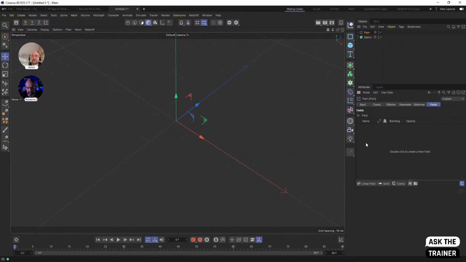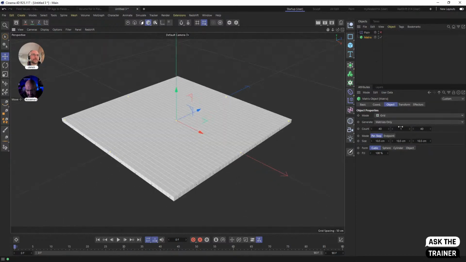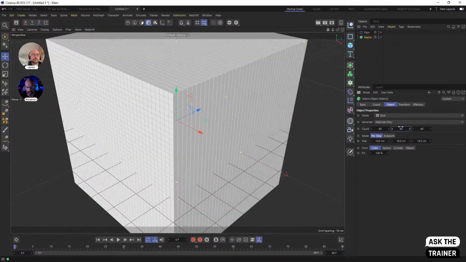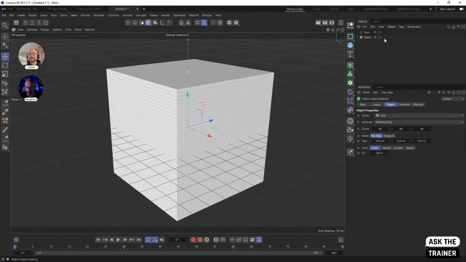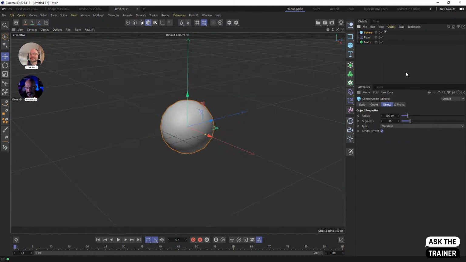And it uses the structure of those objects to do what we want to do. I'm looking at my notes to make sure that I didn't forget anything. Yeah. So the one thing I want to show, just to make it a bit more understandable, is I'm going to take this huge matrix object, and at the same time, I'm going to get a sphere, and I'm going to put this sphere